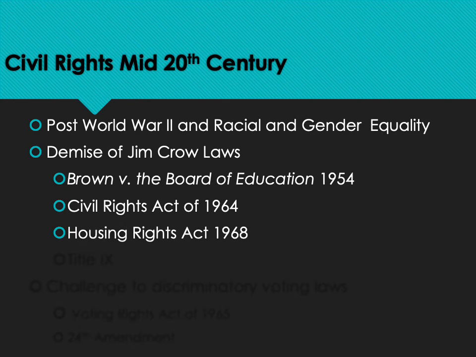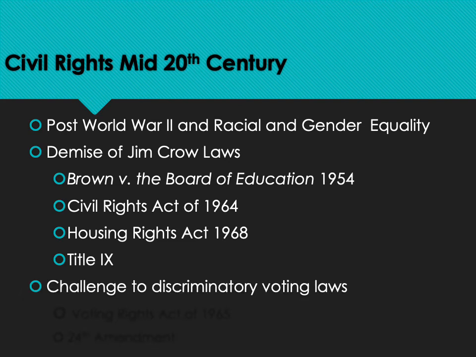The Civil Rights Act is followed by two additional federal laws that continue to expand racial and gender equality. We have the Housing Rights Act of 1968 that says that you can't discriminate on the basis of race when it comes to housing and mortgages. We have Title IX, which is an expansion of both the Civil Rights Act and the Education Acts in the United States that says that you cannot discriminate on the basis of sex when it comes to education. So in other words, a woman couldn't be denied admission to a law school or a medical school because she is in fact a woman.